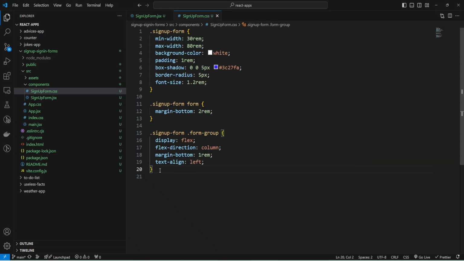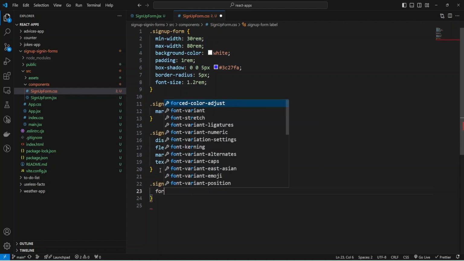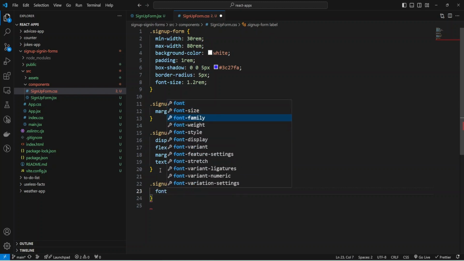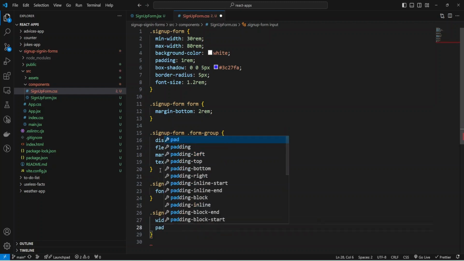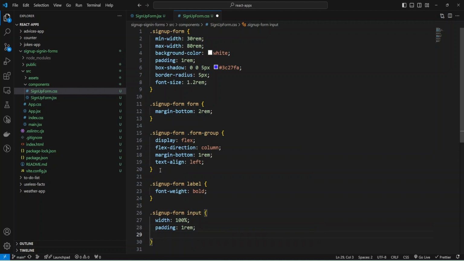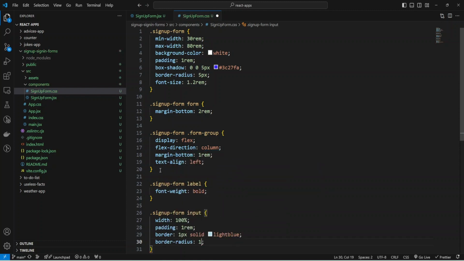And let's do it. I can add sign up form label, and make font weight bold, and for input sign up form just input, and provide width 100%, and also add padding 1 rem, and add some border, and border will be 1 pixel solid, and add some light blue, and add border radius like 10 pixels.